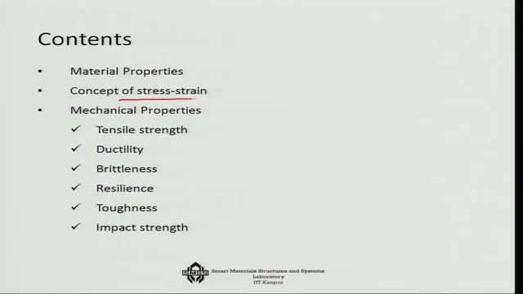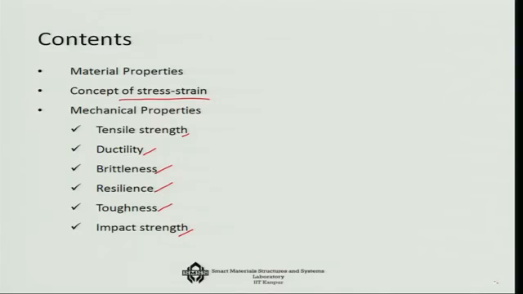We will describe how these constitutive relationships are built. Then we will talk about certain material or mechanical properties of the material, which are very relevant towards this direction. For example, the tensile strength, the ductility, brittleness, resilience, toughness, impact strength of material. These are the things that we generally need when we have to develop a product or an engineering system which has to sustain a degree of mechanical loading.